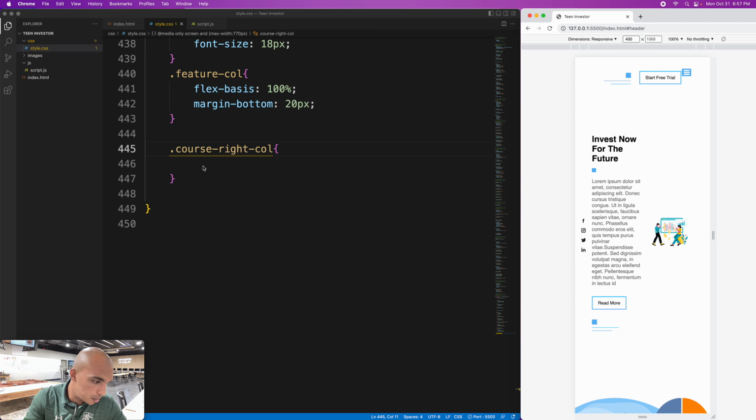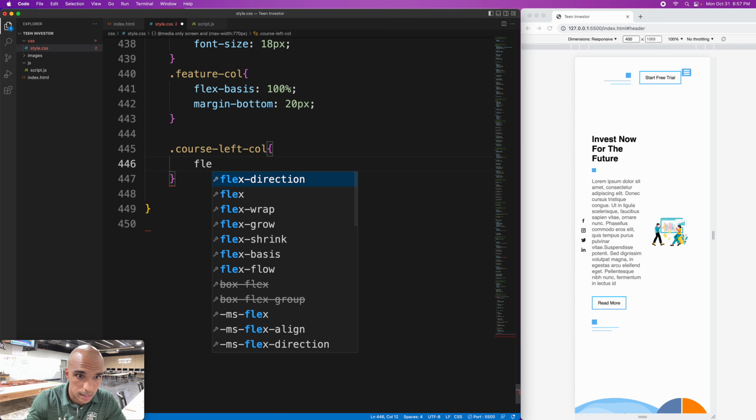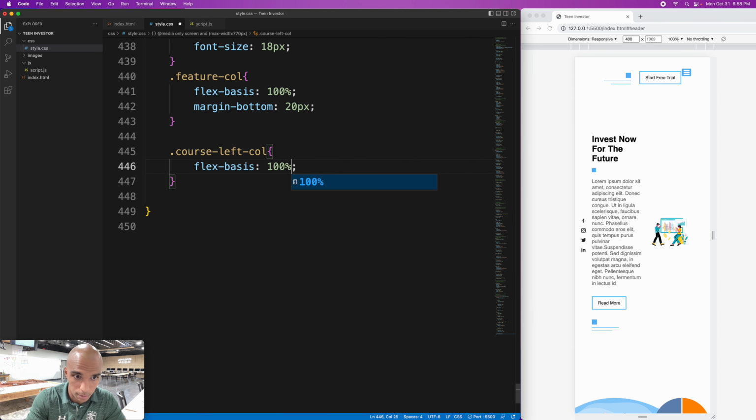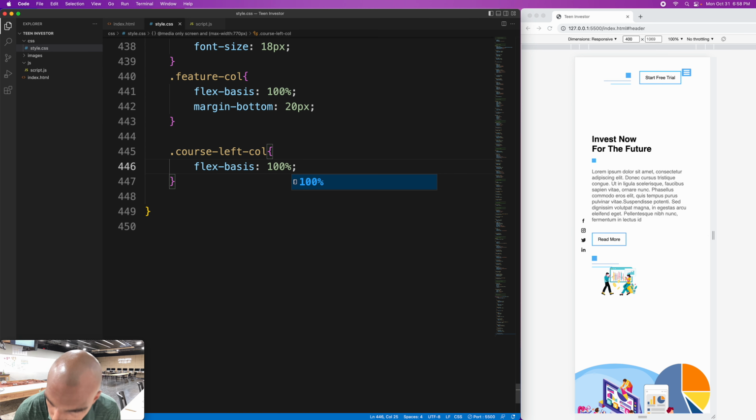What did I want to do? In my media query, course, right, we're going to actually do left first. Left, awesome. And we're going to do flex basis, and I want it 100%. All right, there you go. And next, I want this,